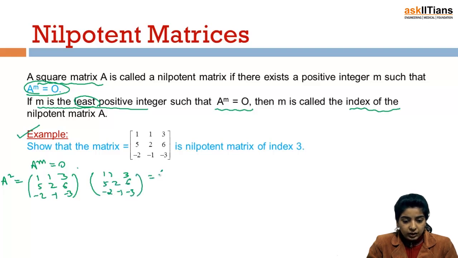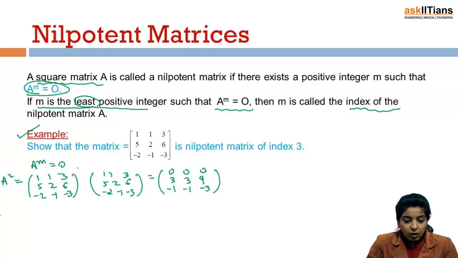And this gives me 1 into 1 plus 5 into 1, that is 6, minus 6 gives me 0. Then again I have 0 and I have 0. Then it gives me 3. See, 5 into 1, 5 plus 5 is 10, 15 minus 12 is 3. Then I have again 3. Then I have 9, minus 1 and minus 3.